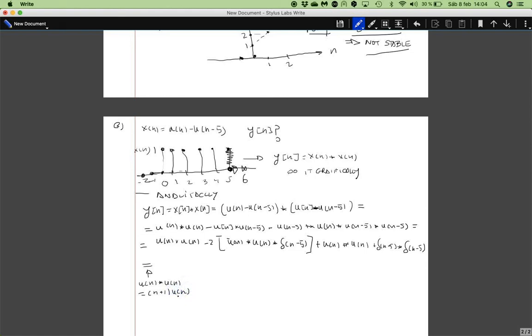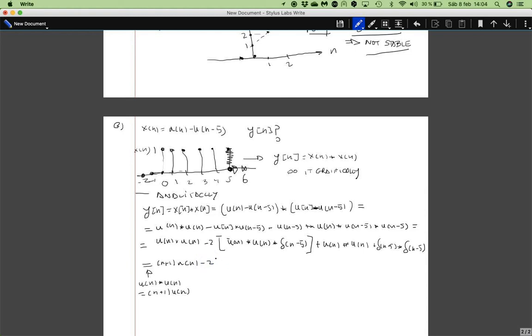And we will substitute in the previous line u[n] convolved with u[n] with (n plus 1) u[n]. So let's do that. The first term is u[n] convolved with u[n], so we substitute that with (n plus 1) u[n]